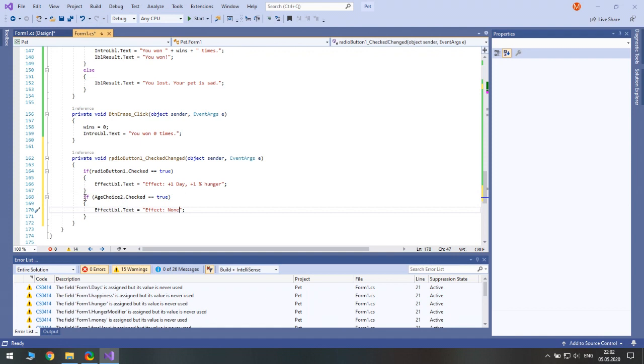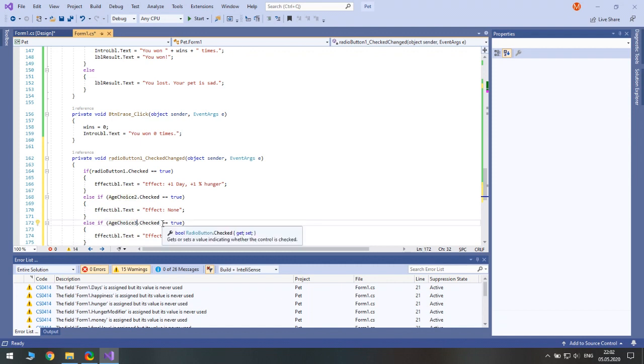And in order not to perform every check, even if this one is true, we should put else if to reduce the number of unnecessary checks. And finally we check whether hchoice3 is checked.